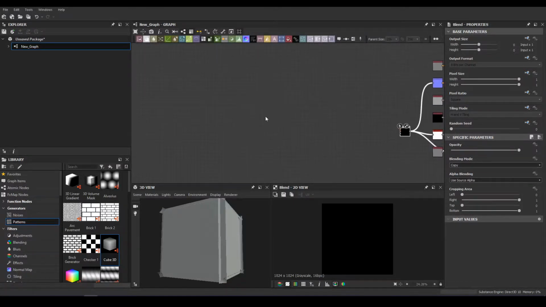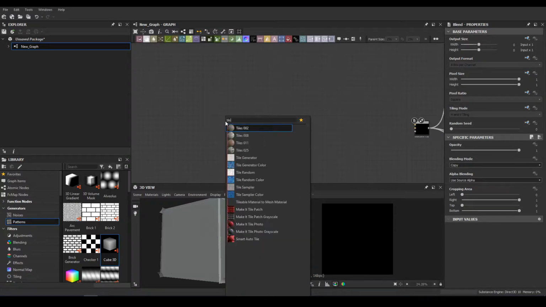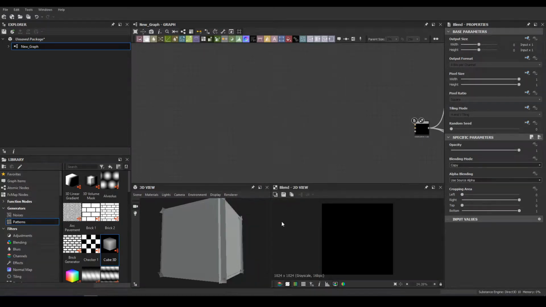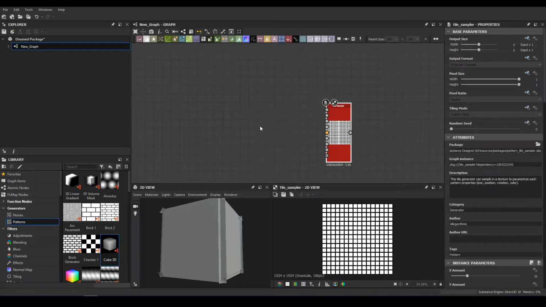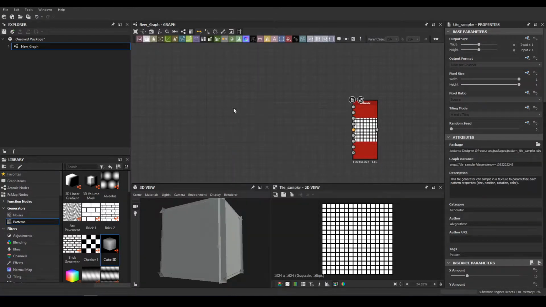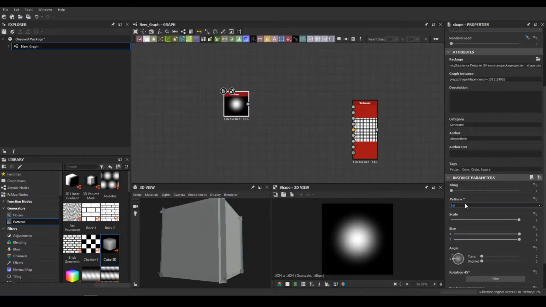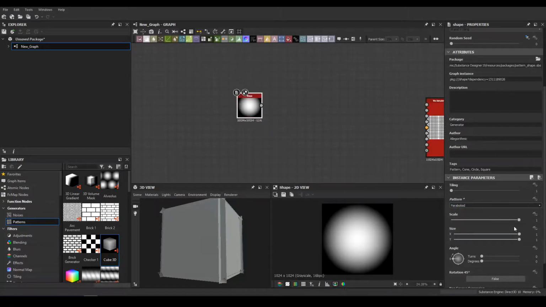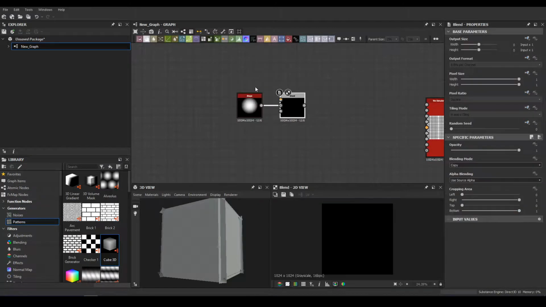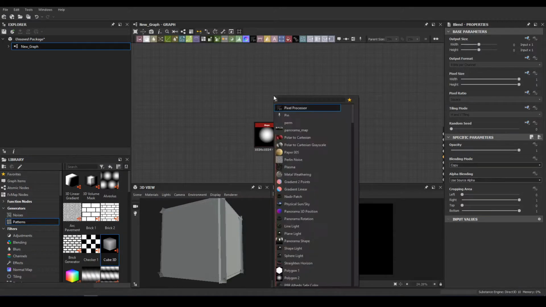Hello everyone, welcome to another video, and today let's try to make something like a lava material. So to start, I will use the tile sampler, and with the shape I will use a paraboloid to make my pattern input, but I will deform this paraboloid using the Perlin noise